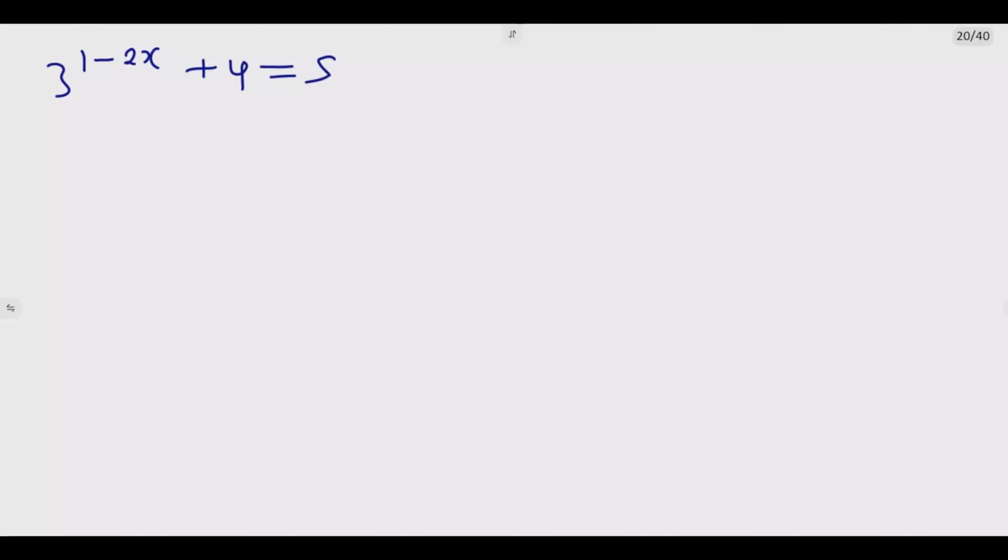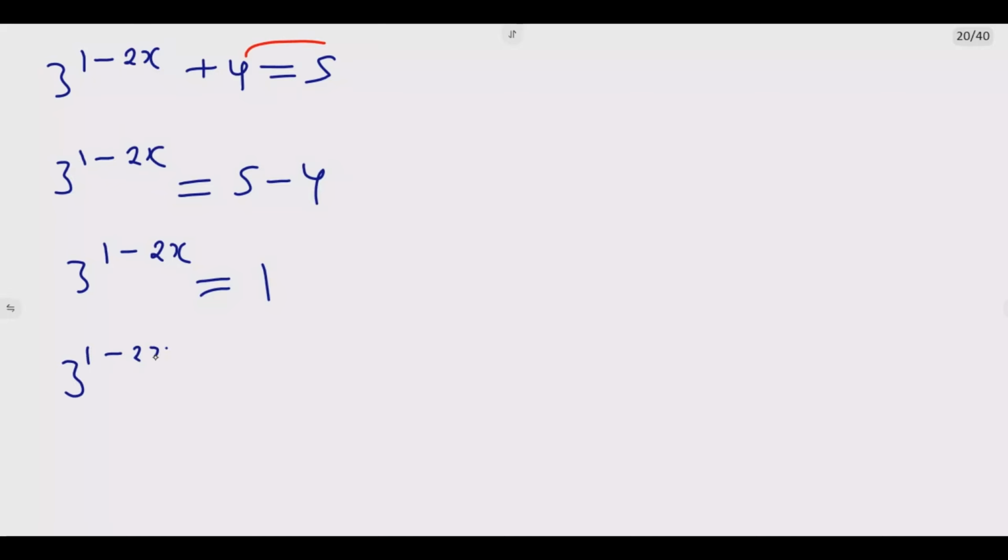So to answer this question, the first thing that we need to do is collect the like terms. So we have 3 to the power 1 minus 2x must equal 5 minus 4. The moment this 4 crosses the equal sign, it becomes a negative. Then you can simplify that. We have 3 to the power 1 minus 2x is equal to 1. Now we need to isolate the exponential. So 3 to the power 1 minus 2x must equal